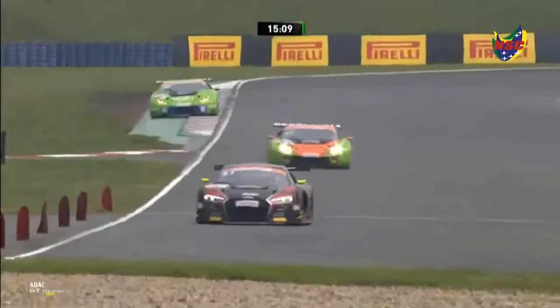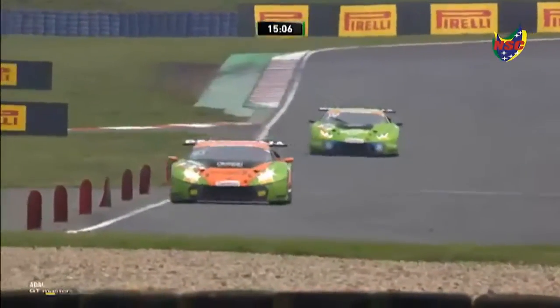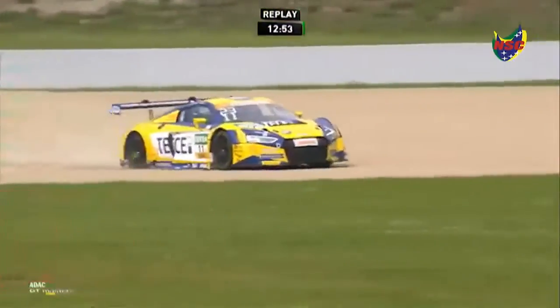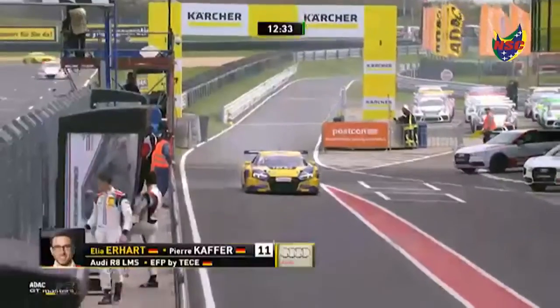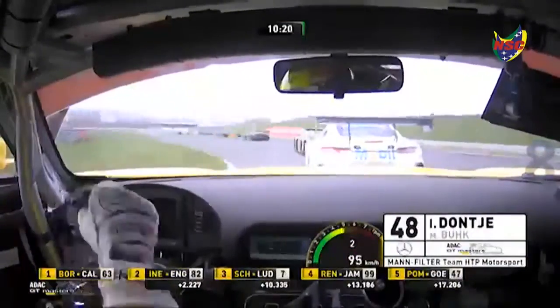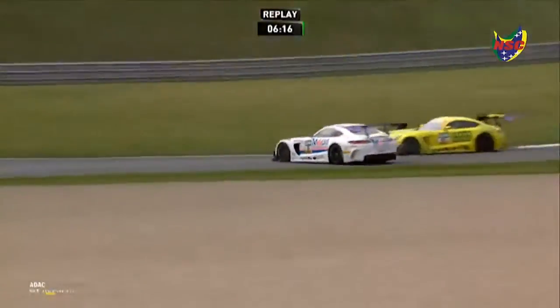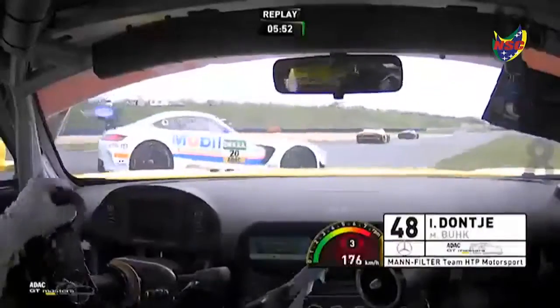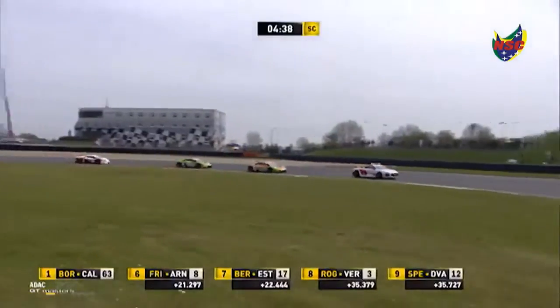We knew the pace of the Lamborghinis in the race yesterday, despite the fact they were taken out of the race result because of a technical infringement. And here we can see the Philipp Geipel and Rahul Frey car making contact with the number 11 machine of Elia Earhart and Pierre Kaffer, the EFP by TC Audi R8 LMS, which has to come into the pit lane. We're on board with Indy Dontje now, and Indy Dontje trying to make his way past the number 20 car of Kim Louis Schramm, and he's quite physical in the way that he does it, as you can see here from being on board. Just a little tap on the back of the Kim Louis Schramm car unsettles it, puts it in the gravel,